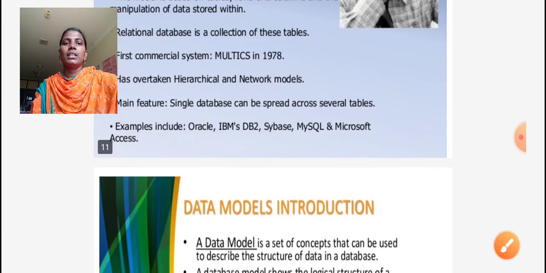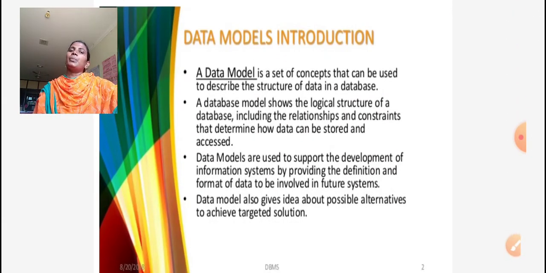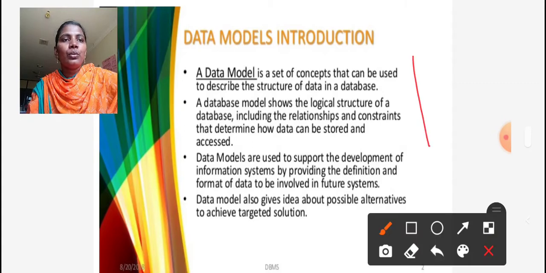The next topic is data models. Our concept is the entity relationship model. Different types of data models exist. Firstly, a data model is mainly used to describe the structure of the data in a database. The database is used to store a collection of data.